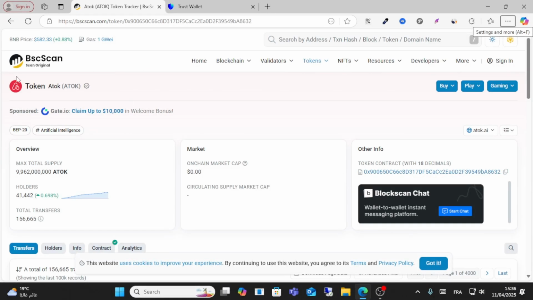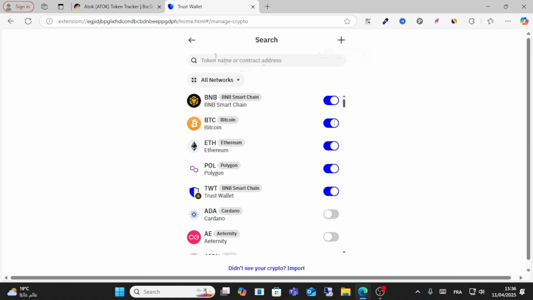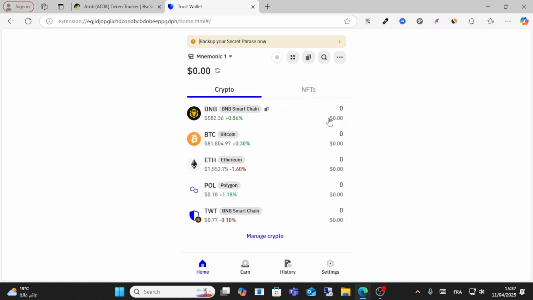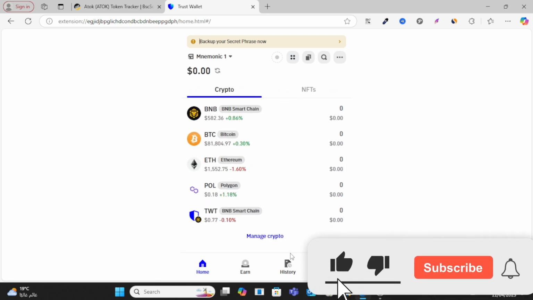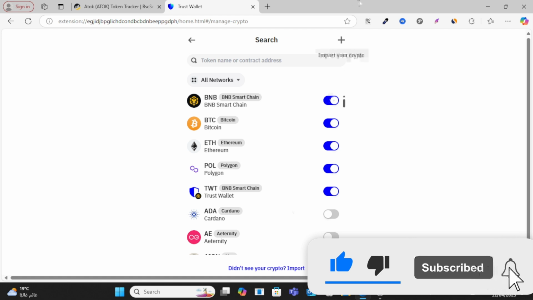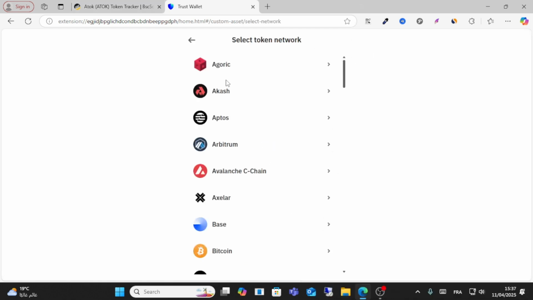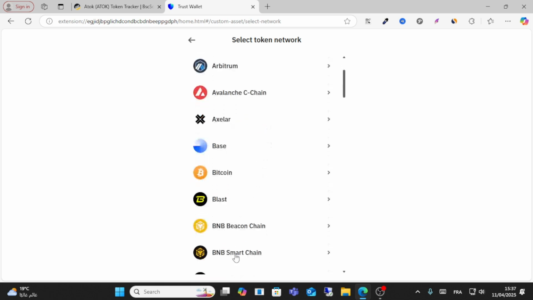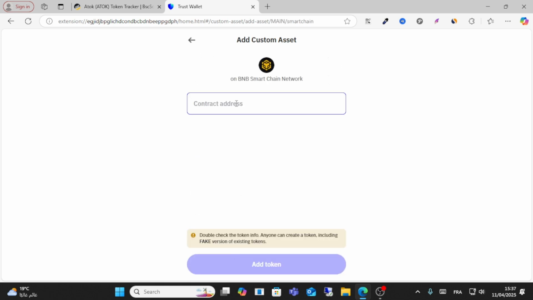Today I will share with you how to add a token to your Trust Wallet. So guys, to add this token, go to Trust Wallet on your mobile device or your computer, PC, laptop. All you have to do is open your Trust Wallet, go to manage crypto from here and click import your crypto, and choose the network you want to add it on, for example BNB Smart Chain, and from here